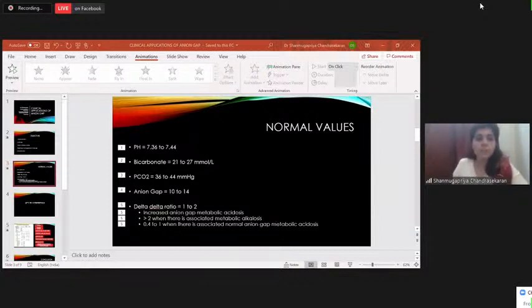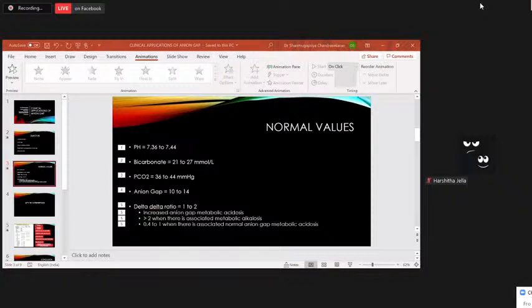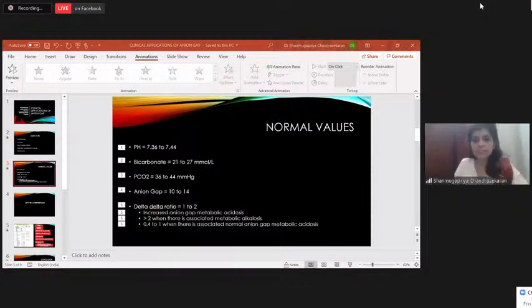So the two possibilities of acidosis are a decrease in bicarbonate, or a decrease in the buffer system that is available in the person, or an increase in PCO2. If it's because of an increase in PCO2, obviously what will you call it? You will call it respiratory acidosis. Whereas if it's because of a decrease in bicarbonate, you call it metabolic acidosis. So we are clear till this.